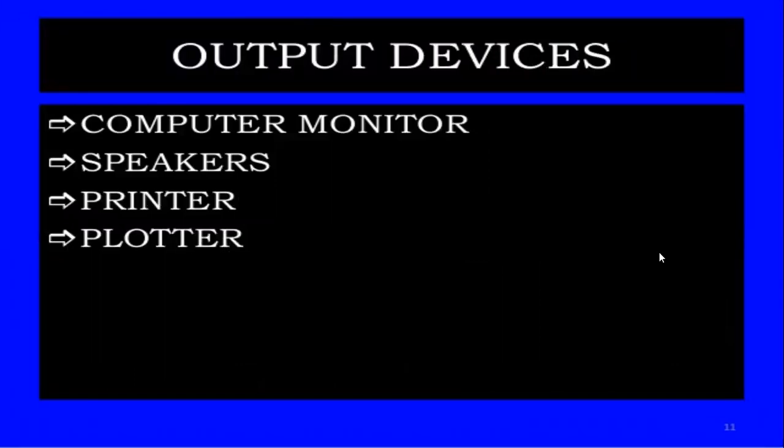And next one, output devices. First of all, what is meant by output? Output is nothing but the data generated by the computer. The data which has been generated by the computer is referred to as output. And output devices means any hardware device used to send the data from one computer to another computer, or from one device to another device. That is called your output data, and these are your output devices.